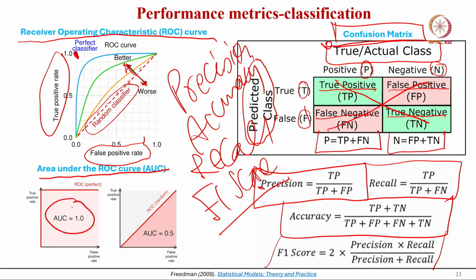if it is 1.0, then the ROC is perfect. ROC is perfect means this 1.0, this line the way I am drawing, the same line has been drawn here. If AUC is 0.5, area under the curve is 0.5, then it is half of this area. So, that means this is the hatched area here and the ROC is random.